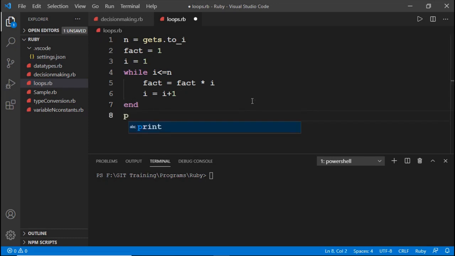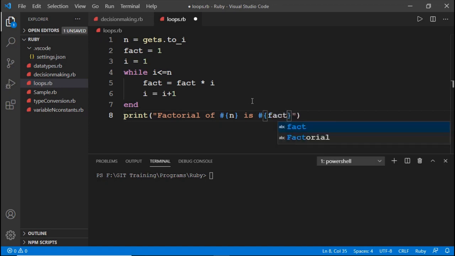Now print the result, that is, factorial of n is fact.